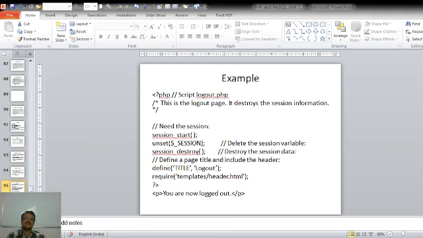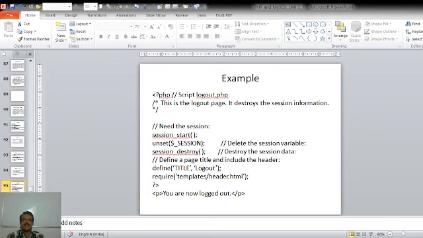Again, we will be using a similar kind of script to the one we used for accessing the session element. Again, the first statement will be the session_start function. Then the next statement will delete the session variable. Then the second statement will be session_destroy, so that it will destroy the session data.